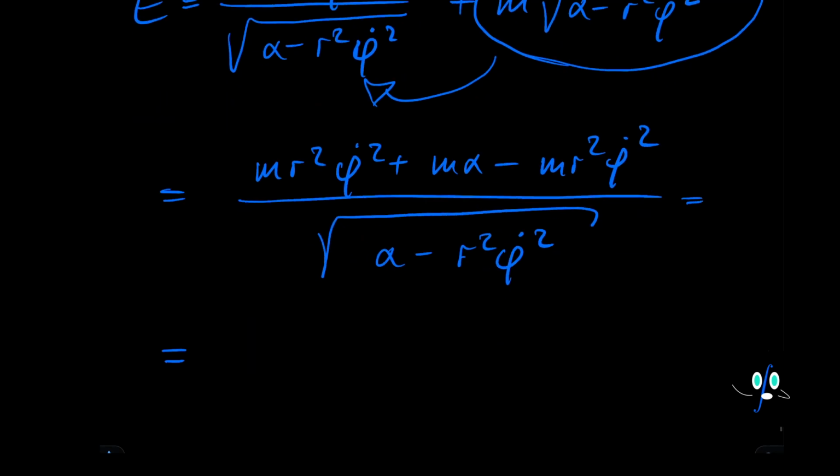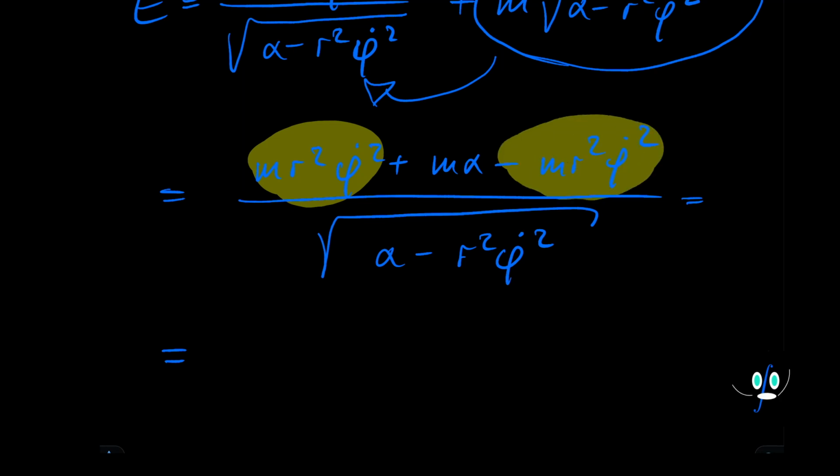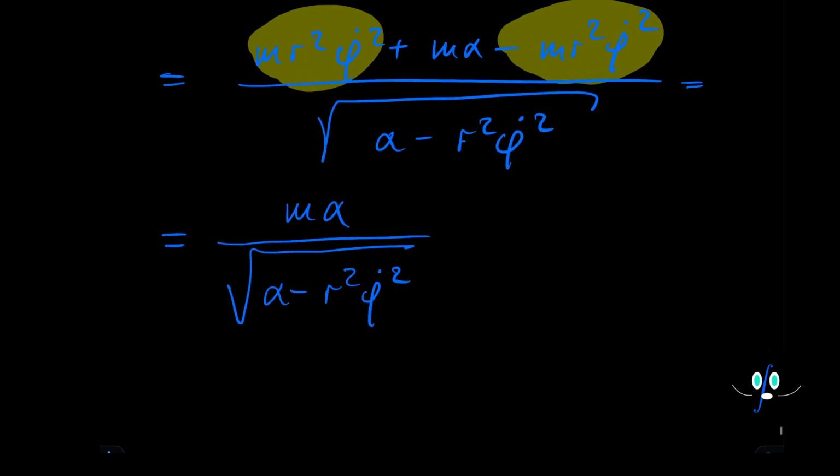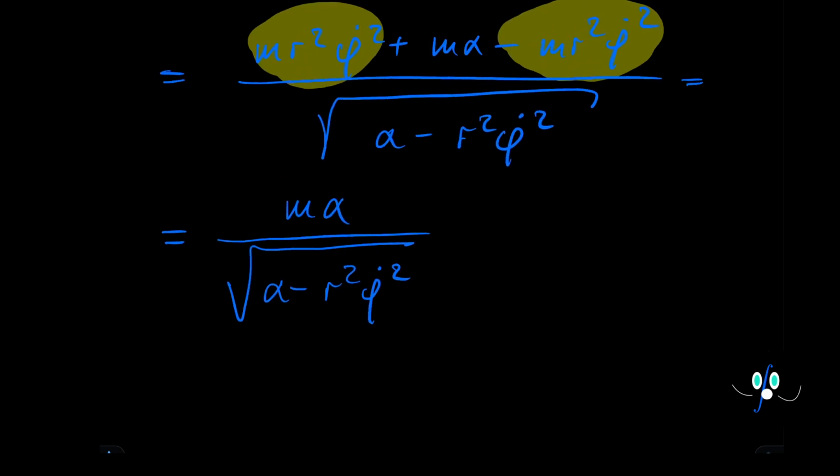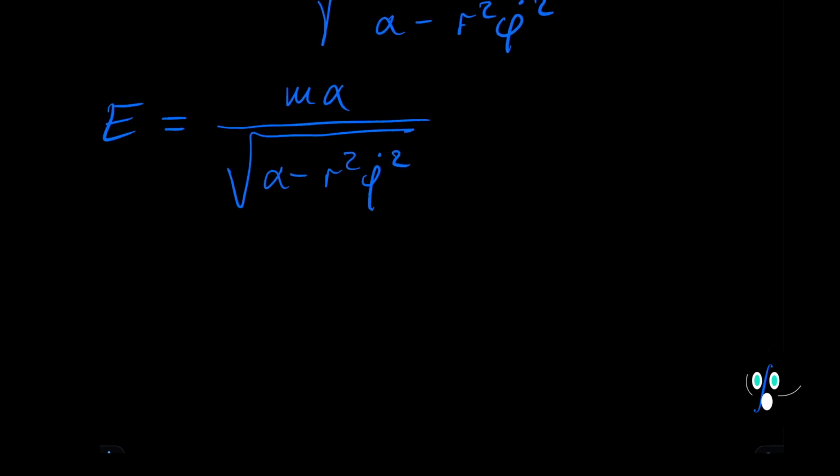And here, this is quite easy to see, these two parts cancel each other out, so we are left with a simple formula for the energy, which is m times alpha divided by alpha minus r squared phi dot squared. So this is the energy. Now we just need to get rid of the phi dot, and in order to do that we are going